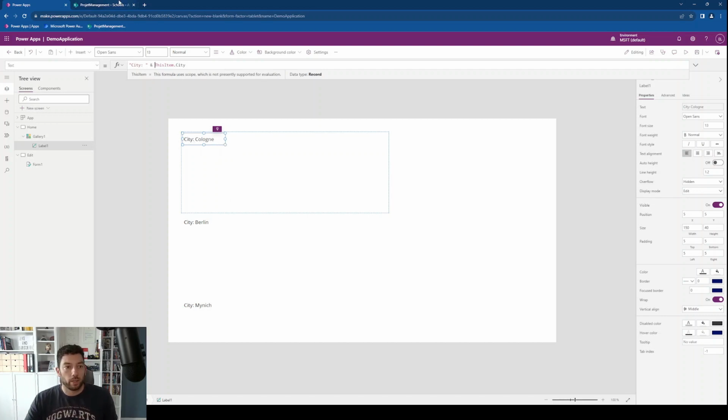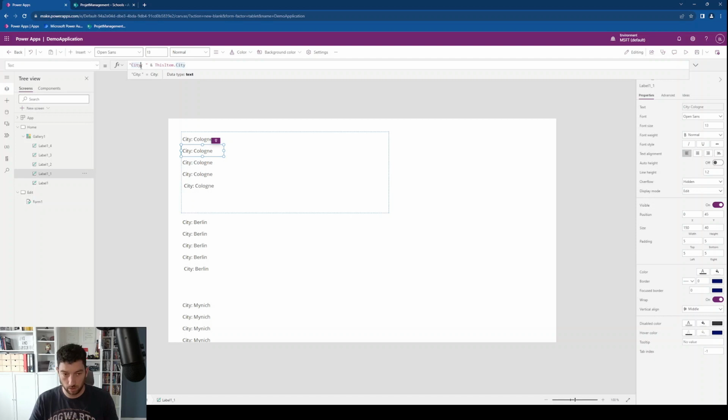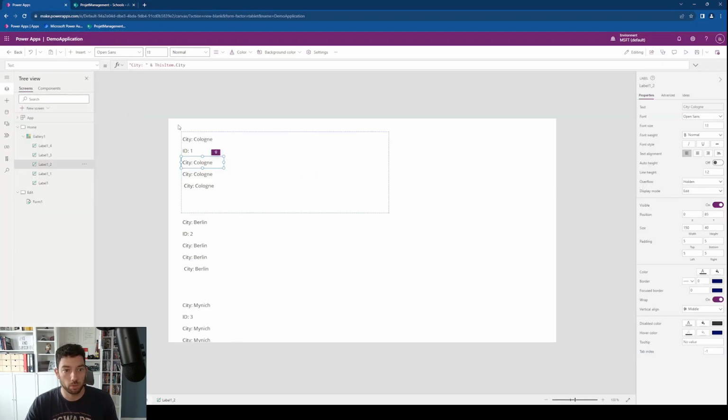Okay, so we had city. Let's bring here a couple more. Paste. And let's arrange them a little bit better here. So that's of course not always city. So this is city. Let's have here ID. Again, that's not going to look beautiful, but we need some information here to be sure which one we have selected. School name, number of students,